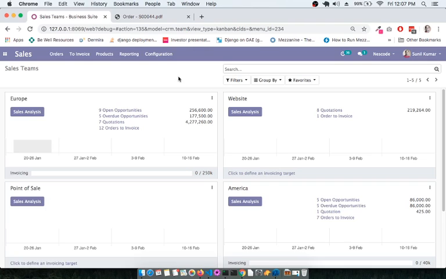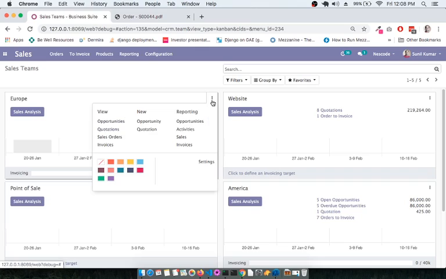A person can be added into those particular teams with some sort of target, and all these statistics will come automatically here: how many opportunities have been made by that particular team, how many overdue opportunities there are, how many quotations have been made by that team, and how many orders to invoice have been made, along with the value which we can see here. Another option here is if you click on this three vertical dots, you can go to the specific details pertaining to this particular